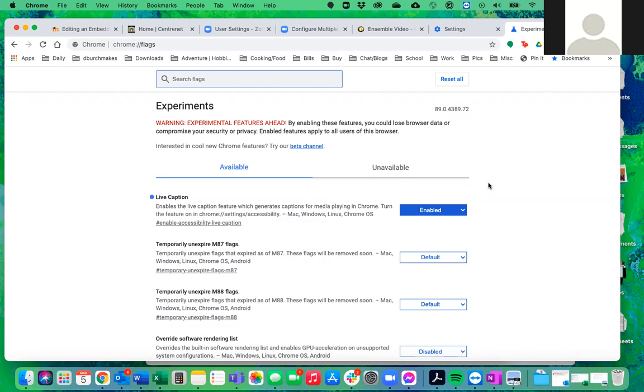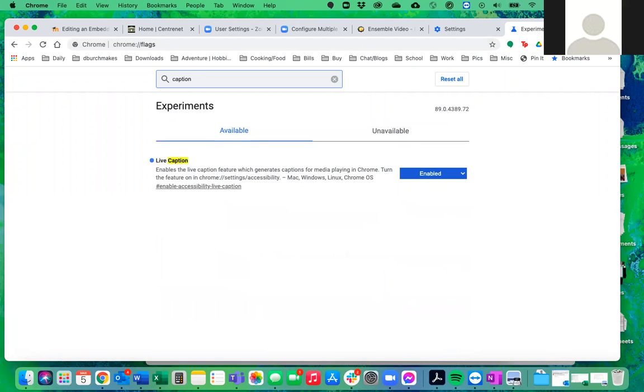So the first thing you want to do is go to your Chrome browser and type in Chrome://flags. And then you want to search for caption, and it'll pull up live caption. And you just want to switch it from disabled to enabled. And then it'll let you know that you need to restart your Chrome browser. Once you restart the browser,